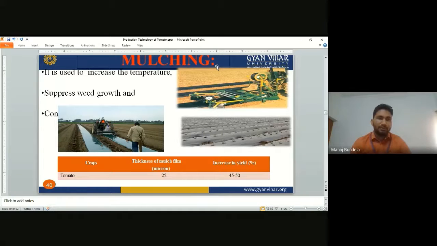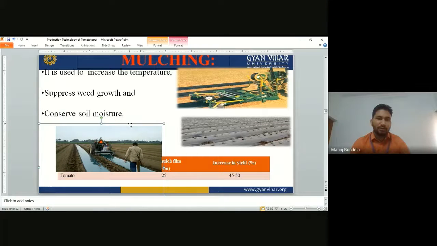Mulching. Mulching is used to increase the temperature. What is the importance of mulch? So mulch has so many importance. Mulch will increase the temperature of the soil so that whatever larvae are present in the soil will die. It will suppress the weed growth. If we are growing with mulch, in this area the weeds will not grow. So it will control the weeds also, and conserve the moisture because